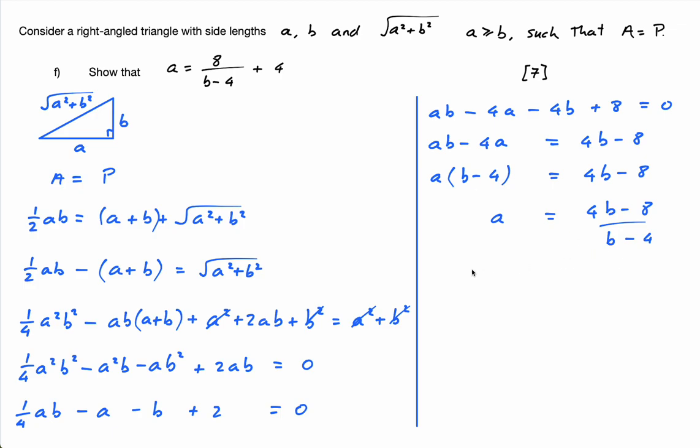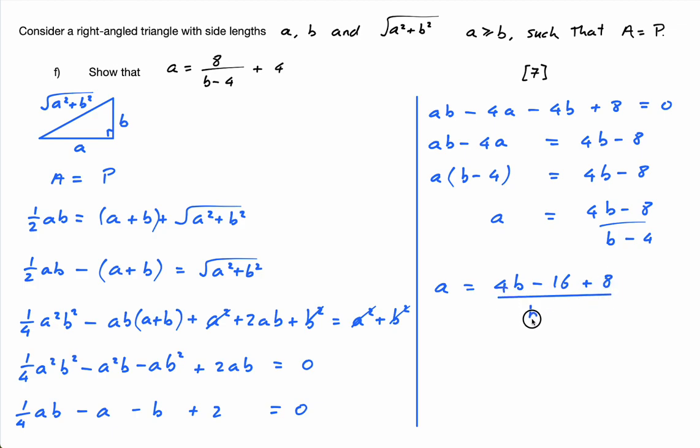Okay, it's kind of hard to see exactly how to do this, but because there's a 4 there, I want to get 4 times B minus 4. So what I can actually do is, if I do 4B minus 16, plus 8,